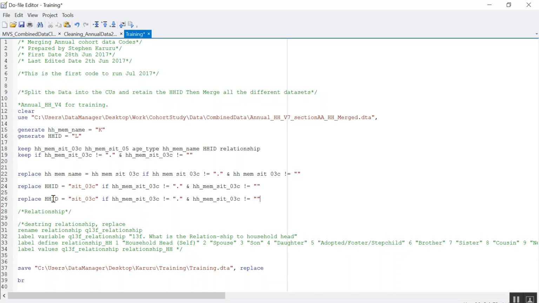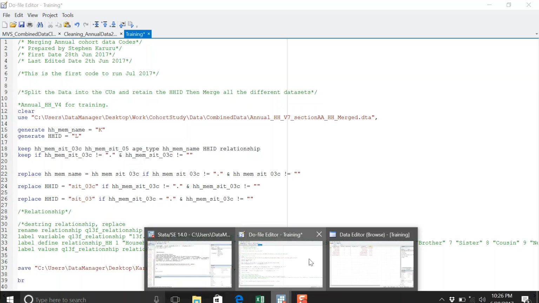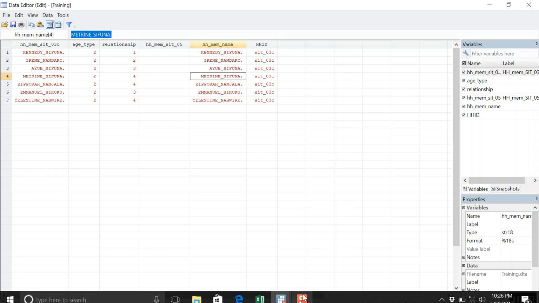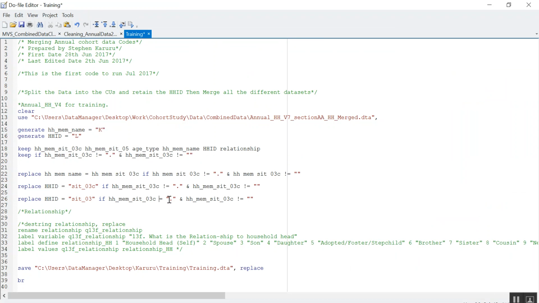So we will replace household ID by, say, let's change this. So household ID if our reference code is equal to, let's try and see if we can manage to change this. So we copy that and replace here, paste,